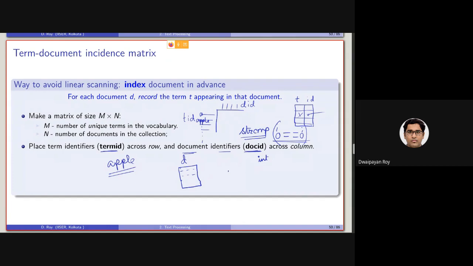So if there are n documents in the collection, usually information retrieval systems represent the individual documents by an integer, say from 0 to n minus 1, or by 1 to n.